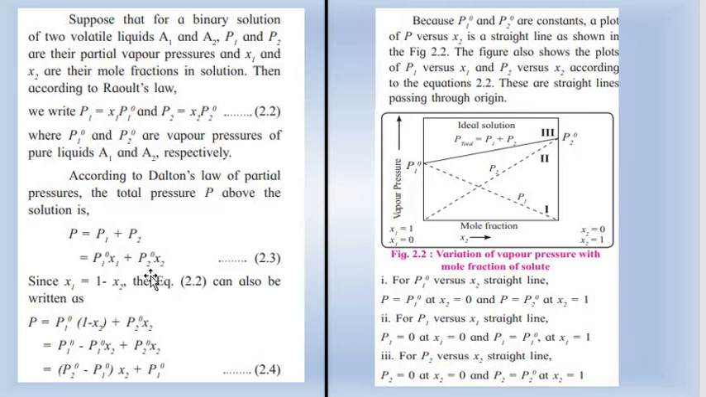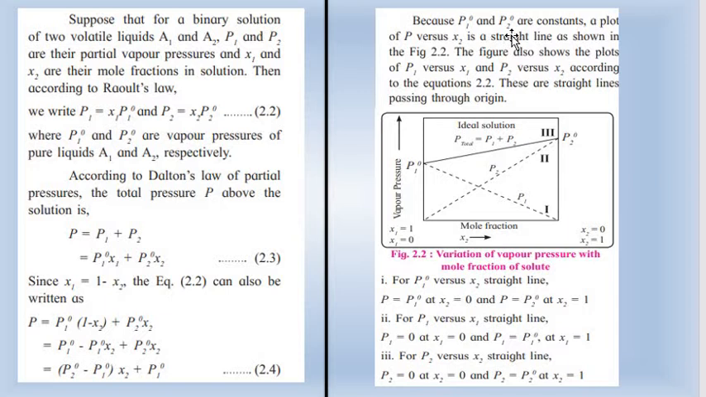Since we know we can substitute x1 by 1 minus x2 in a binary solution, if we find any one mole fraction, we can find the second mole fraction by subtracting it from 1. So right now I am saying x1 is equal to 1 minus x2. On substituting x1 by this, I will get this expression, and ultimately total pressure would be P1 naught plus (P2 naught minus P1 naught) multiplied by the mole fraction of the second component, x2. Now,